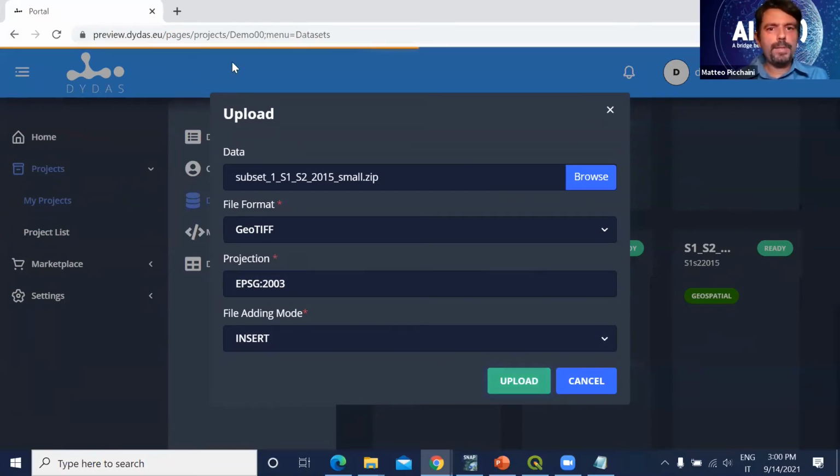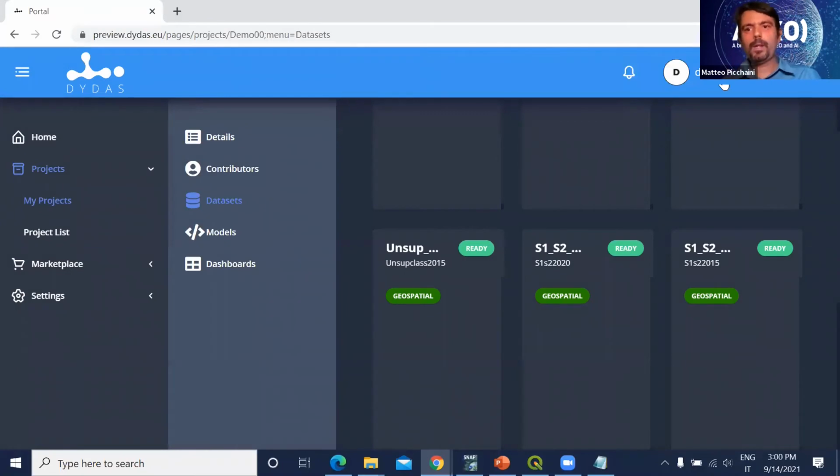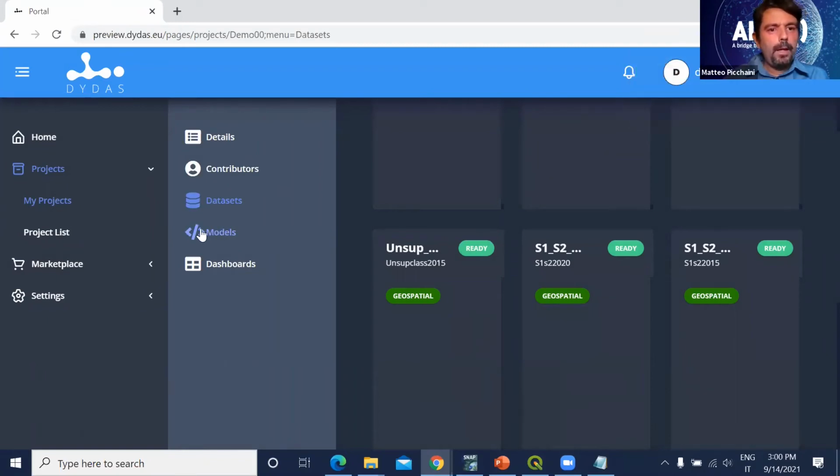Here you have a progress bar that shows you the progress of the operation, and the pop-up message indicates that you have successfully uploaded the data set. Okay, then